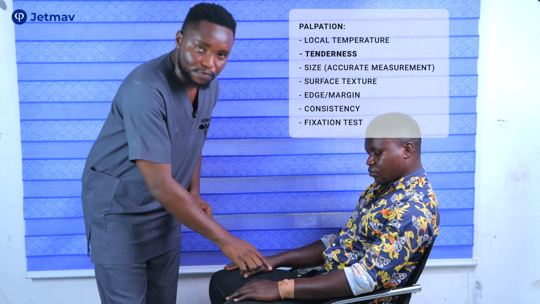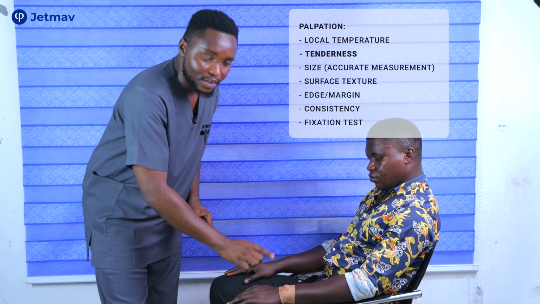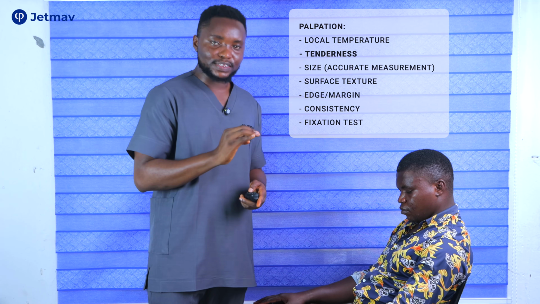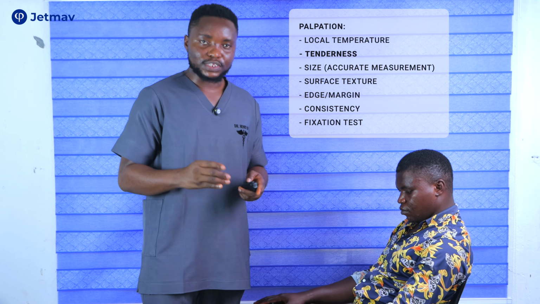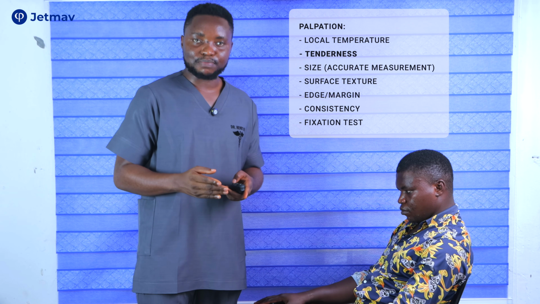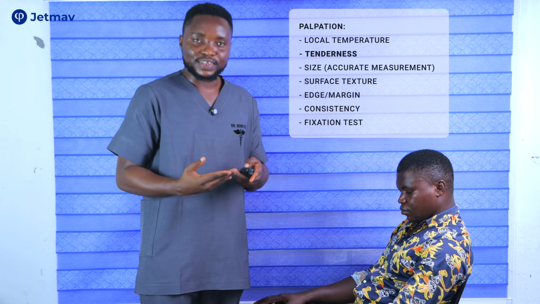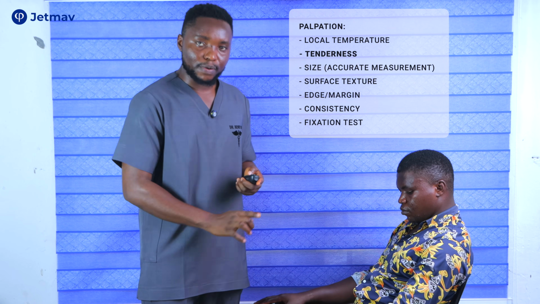Now, if the mass is big enough, you can palpate in multiple areas while looking at the patient's face to note if there's any tenderness on the mass. If the mass is tender, then you try to note the area where it is tender. For instance, the mass might be tender centrally, but not at the periphery. Then you also try to grade the tenderness based on the reaction of the patient where you are palpating the